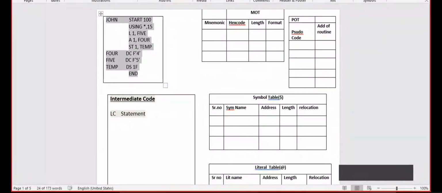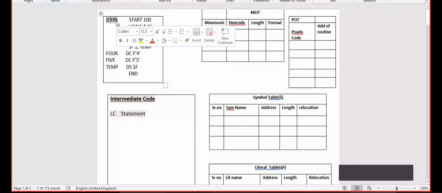So this is our given code. This is JOHN. After JOHN, START is given. START means here is the start of our program. And after START, 100 is given. 100 shows the location counter.